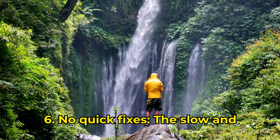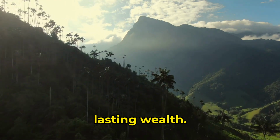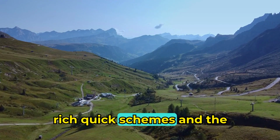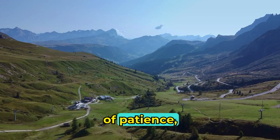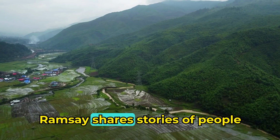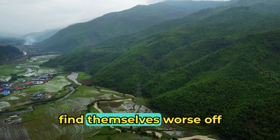6. No quick fixes. The slow and steady path to wealth. There are no shortcuts to building lasting wealth. Dave Ramsey argues against get-rich-quick schemes and the allure of overnight success, instead promoting a mindset of patience, discipline, and perseverance. Ramsey shares stories of people who chased high-risk investments or quick money schemes, only to find themselves worse off